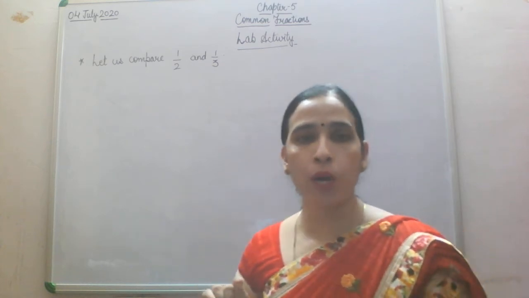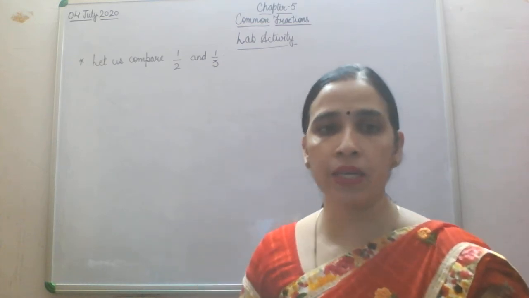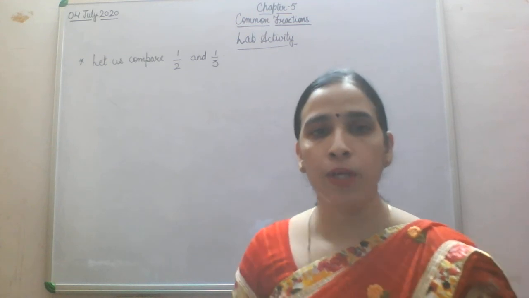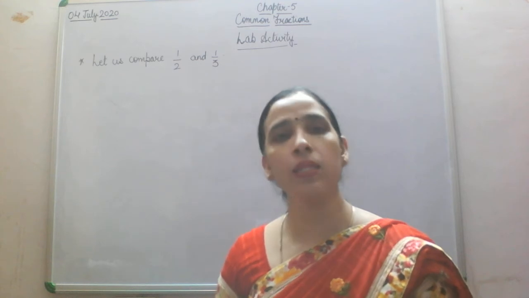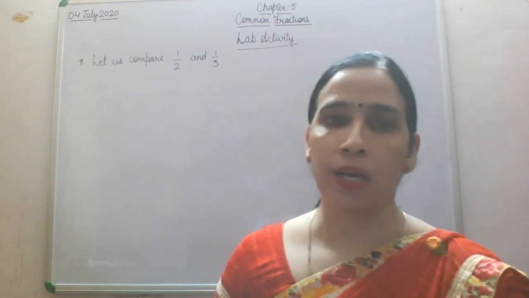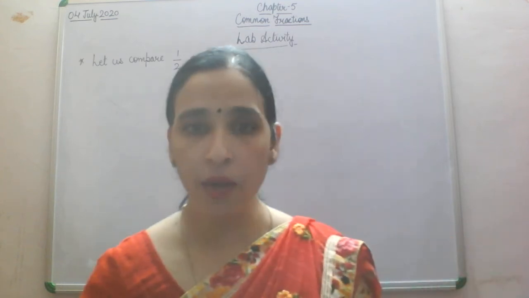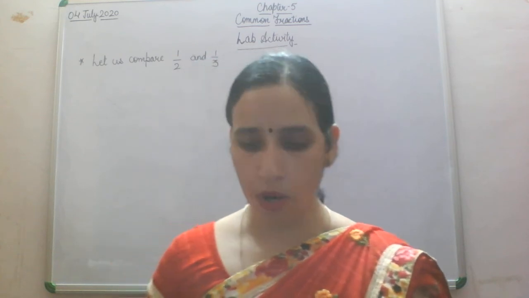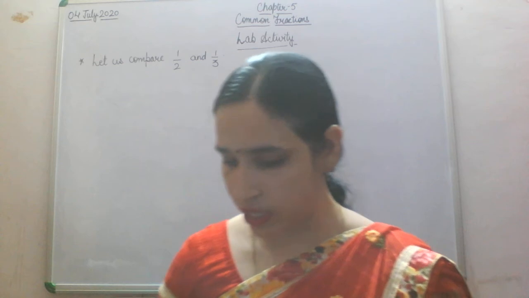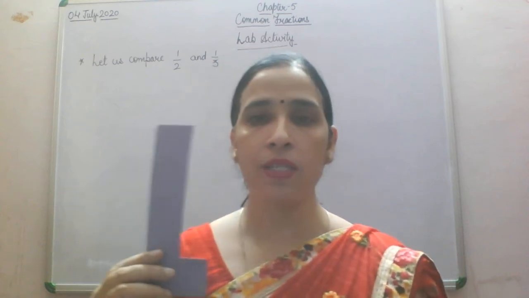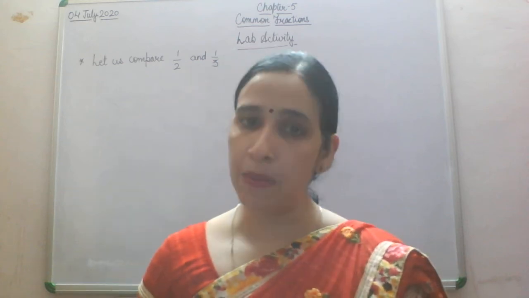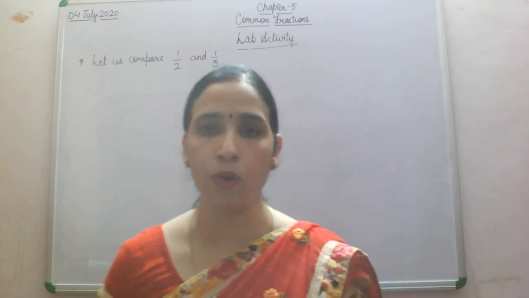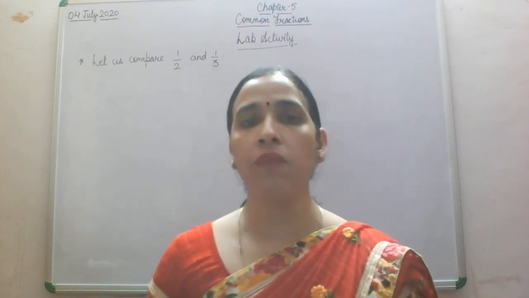Now what do you require for doing this activity? Yesterday I told you to be prepared with colorful paper, so we will do this activity with colorful paper. Okay children, so let's start. You can use A4 size sheets or handmade sheets. These kinds of strips you can use, of the same color or of different colors. You can also use white paper and then color it with different colors.